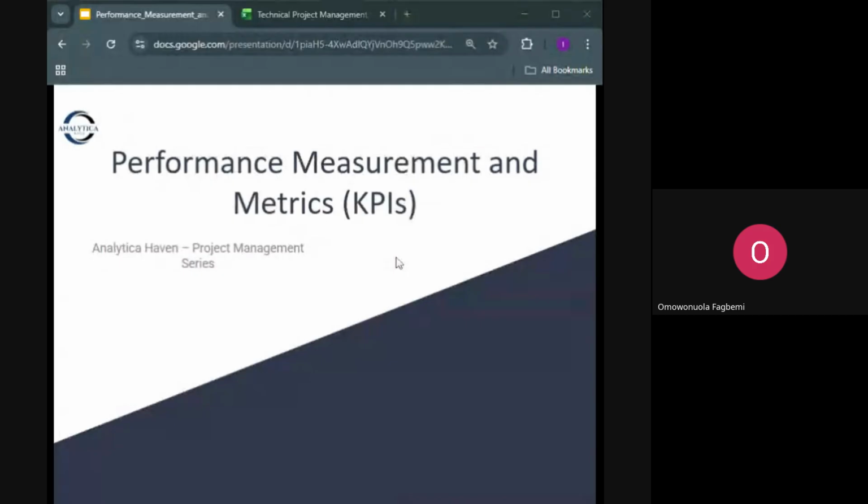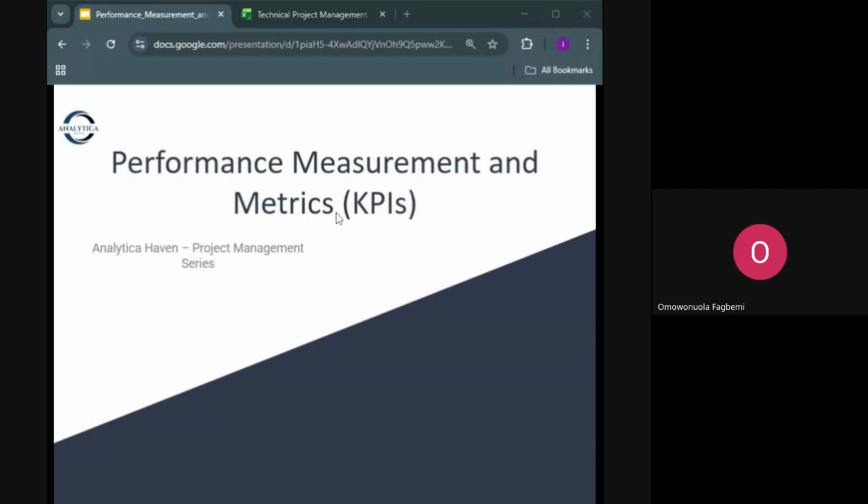All right, so let's continue. So we have here in front of us the next topic in our timetable, which is performance measurement and metrics, which is the KPI, performance measurements rather, and metrics. Okay,